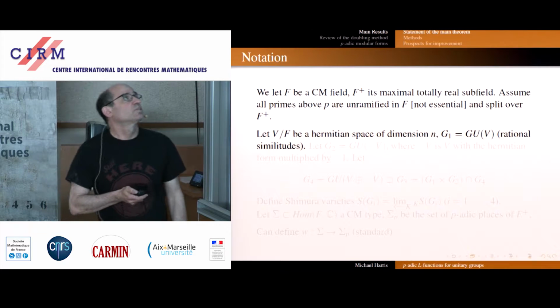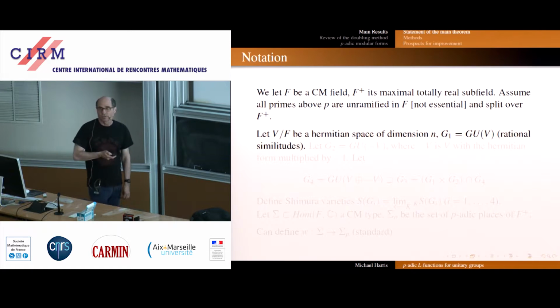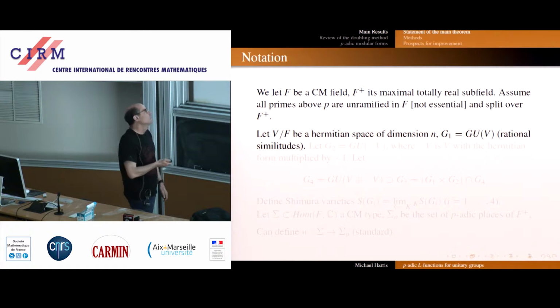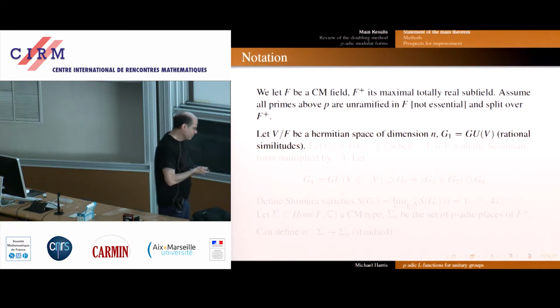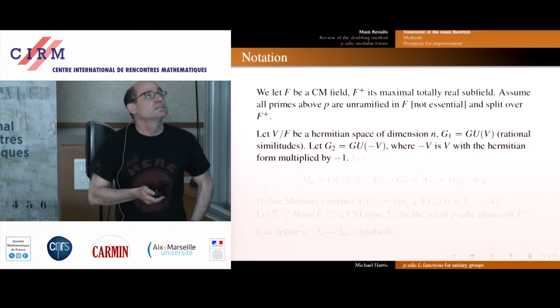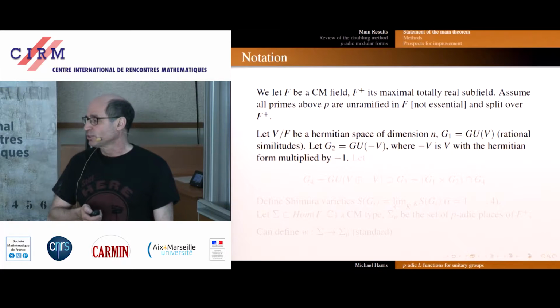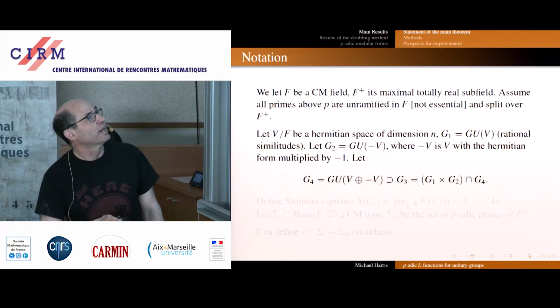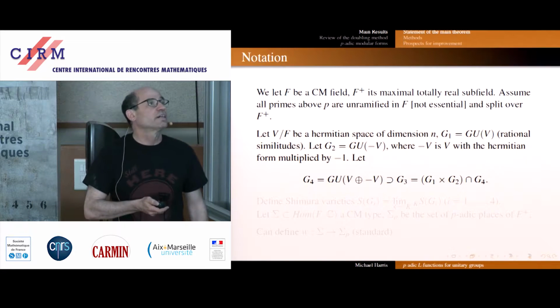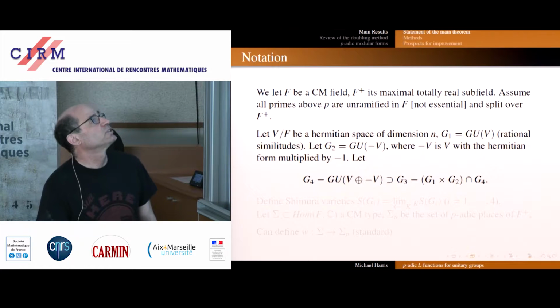We take an n-dimensional Hermitian space called V, and now there are going to be four unitary groups starting from this V. First G1, which is the unitary similitude group, rather the rational similitudes of this vector space, viewed as an algebraic group over Q. G2 is the same group, but viewed as the unitary group of the opposite vector space. That is to say, you just multiply the form by -1, and when you add the two together, you get a quasi-split unitary group with a maximal isotropic subspace of dimension n, and then